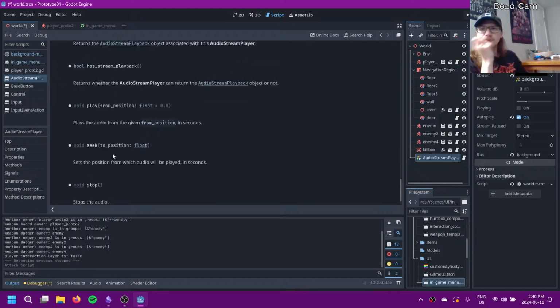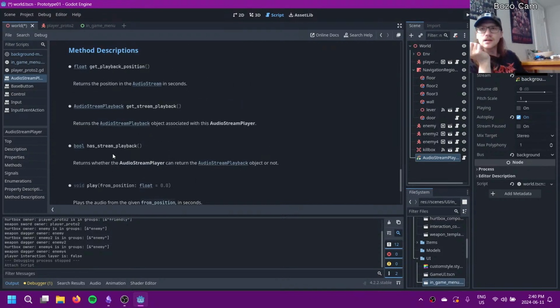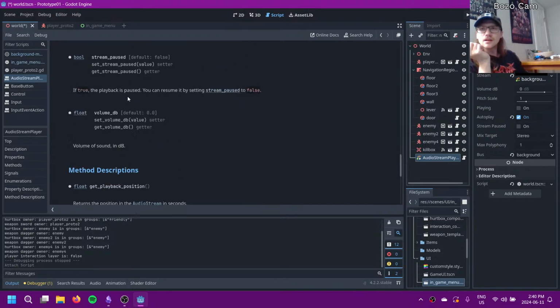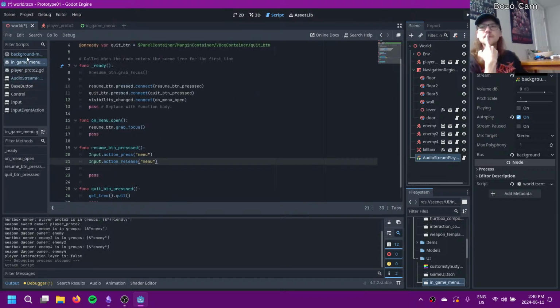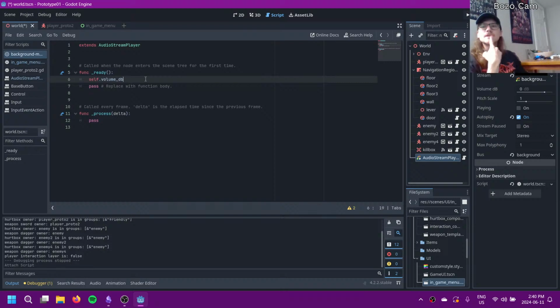Hello? Where's volume dB? There we go. Volume of sound in dB. It's a float. Okay. I just wanted to verify that. Okay. We're going to set that equal to negative, I don't know,